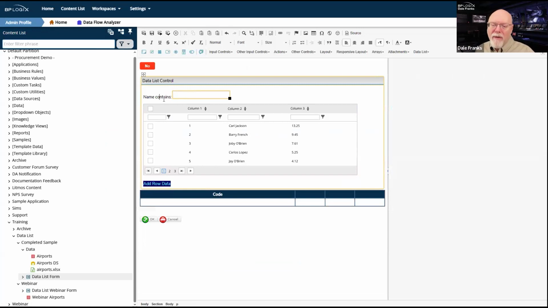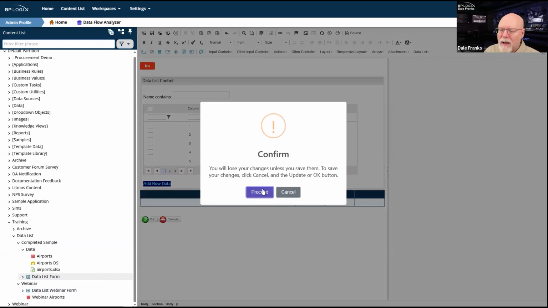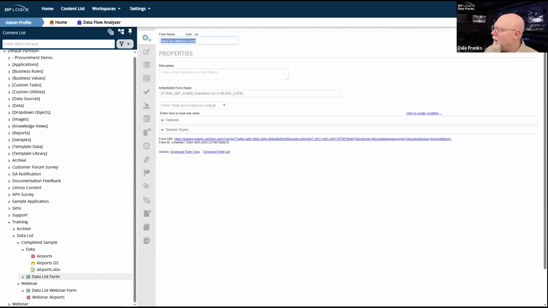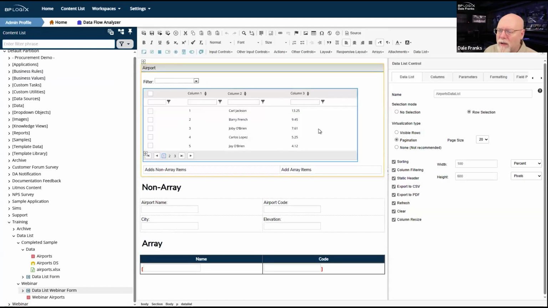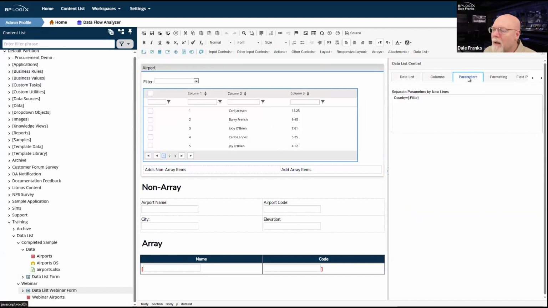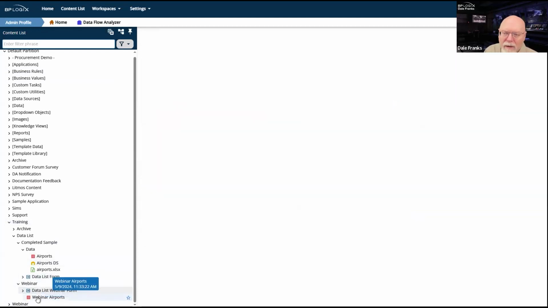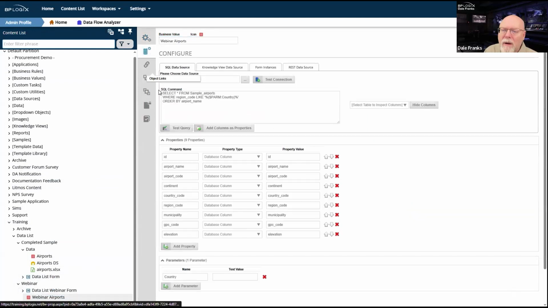So if you have a parameter like this, like the one that I've created, and I don't know why this one isn't working in the other form, probably because I misconfigured it somewhere while I was talking. Let's give it one quick check. Filter is the name, I thought. Is country the parameter? Let's go back to my parameter. Let's go back to my airport. It is country.